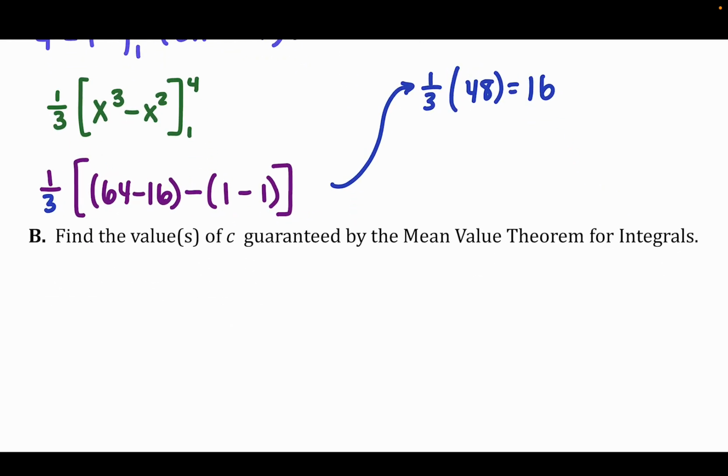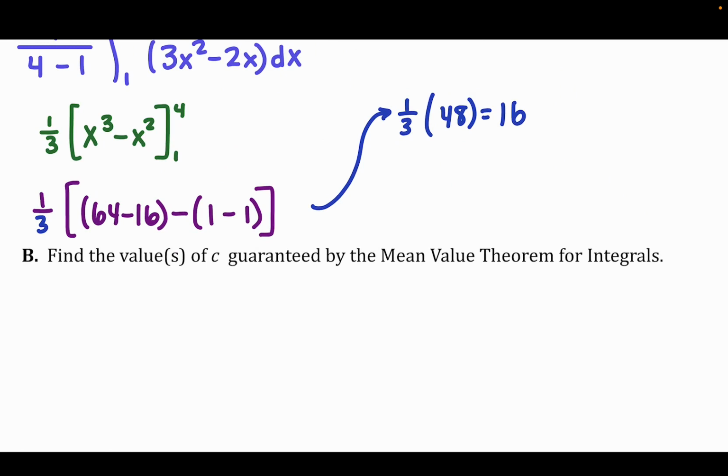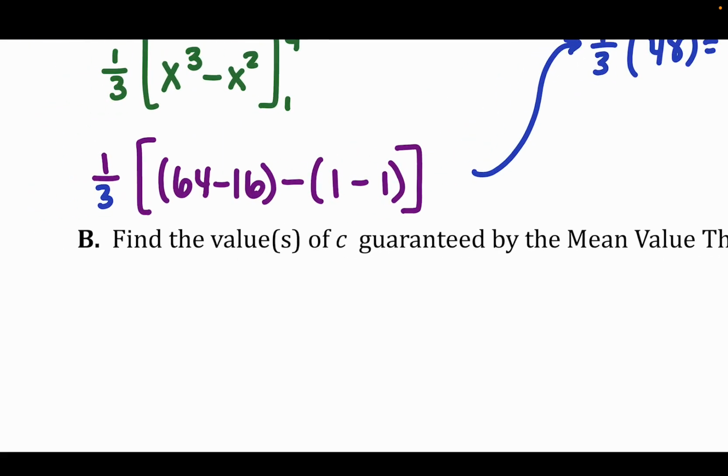Okay. Find the value or values of c guaranteed by the mean value theorem for the integrals. So the mean value theorem guarantees that there is a value c because we do have a continuous function. This is a polynomial, and polynomials are continuous on all real numbers. So we want to algebraically, and with our calculus, find the c values that exist. So let's start with the fact that our mean value theorem guarantees that we have a value from 1 to 4 of f of x dx,